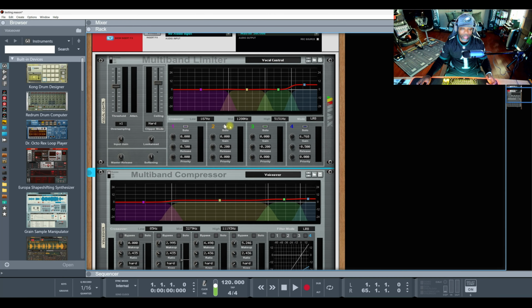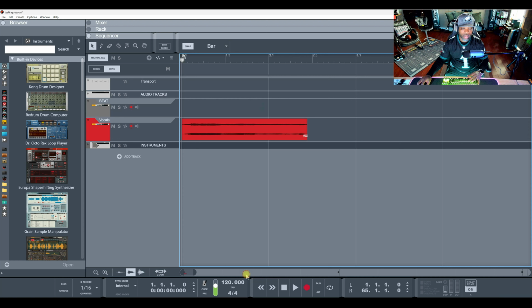But okay, now what I'm going to do, I'm not about to go into details about how to tweak it and my settings. The only thing I did is focus on trying to get the best settings for vocals on the multi-band limiter and the multi-band compressor. That's all I did. I actually used a preset on there, then I tweaked it a little bit. But I just want you to hear how they both approach the vocals that I got right here. So these are the vocals just by themselves.